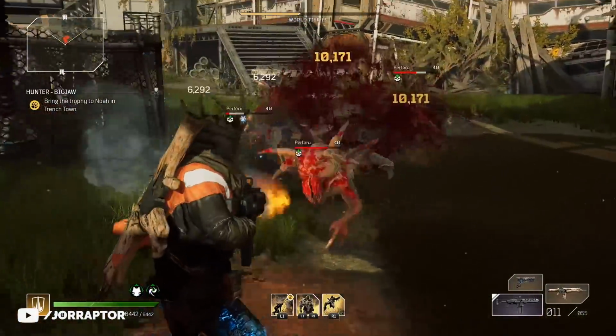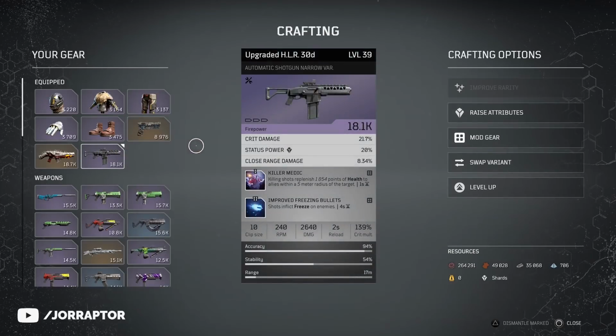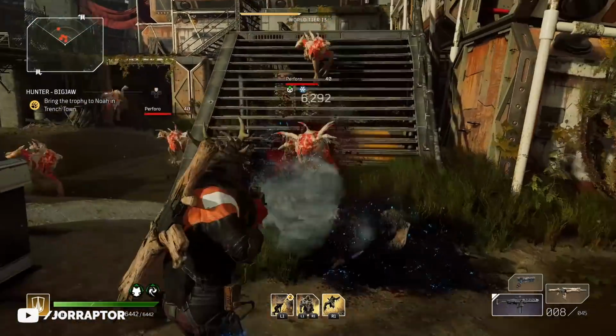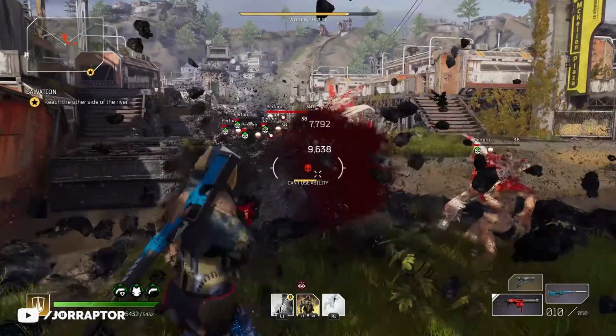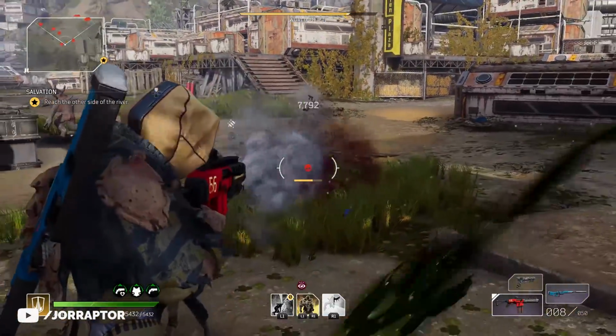Once again, make sure that you have an automatic shotgun with the Perpetuum mobile mod, so it can replenish your magazine when it's at 35% or less after killing an enemy. So you basically never have to reload against these targets. And also use some sort of crowd control like freeze or crematorium, so the aggressive enemies are not always onto you. That's really nice. And some longer range weapons for the final enemies to nuke them real fast is really